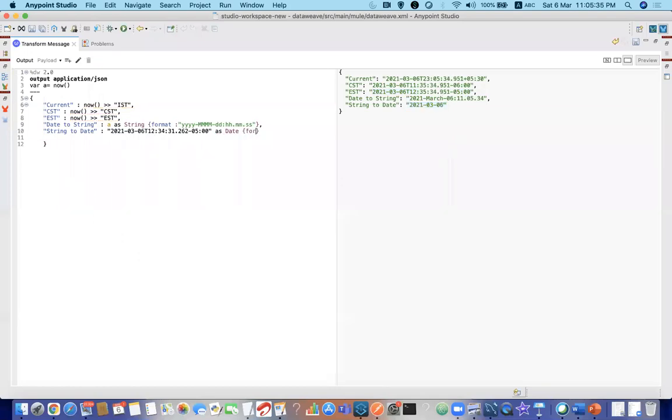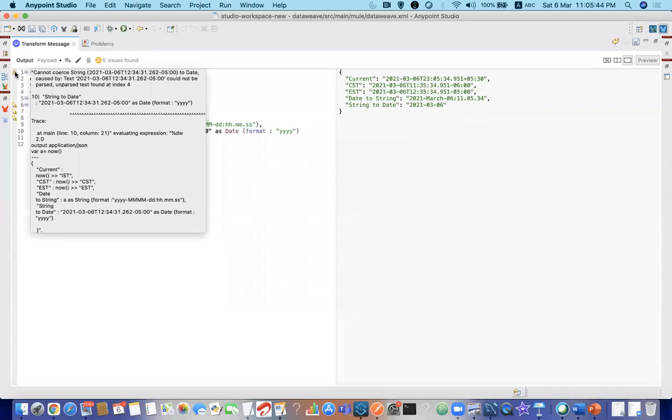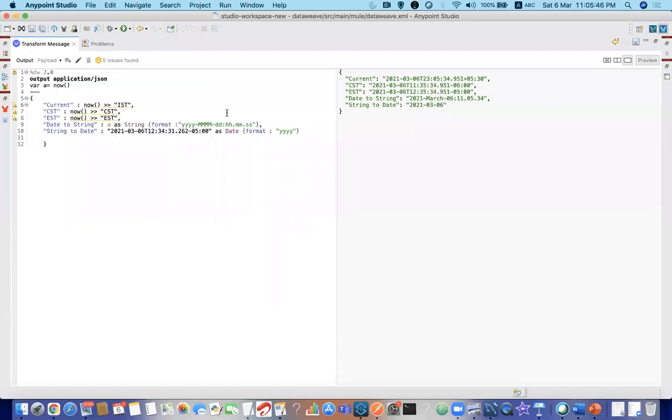Even for date, you can use format. YY, to date because text and so on. Let me remove this string.